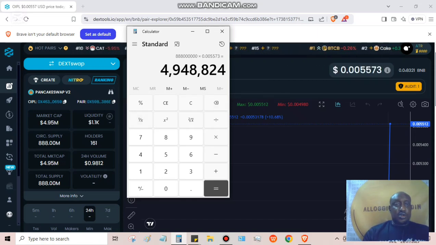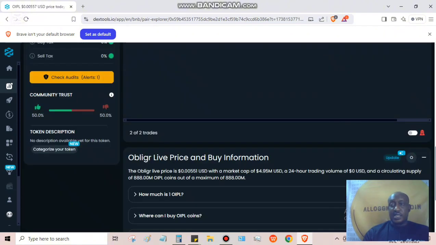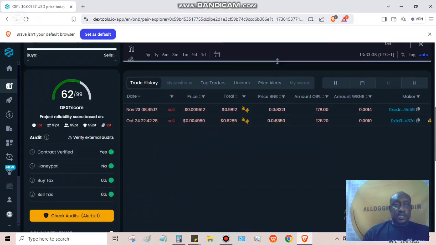By right, with this liquidity, the coin should have at least an extra zero, or four zeros, making the price 0.0005573, or 0.0000573. But that aside, the main issue here is when you look at the holdings. Already you see it has